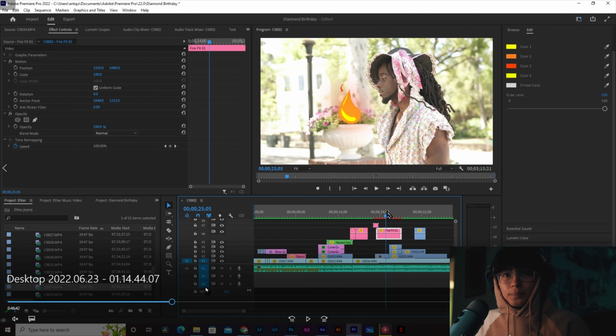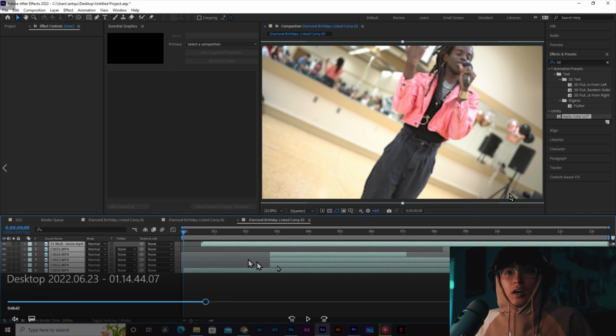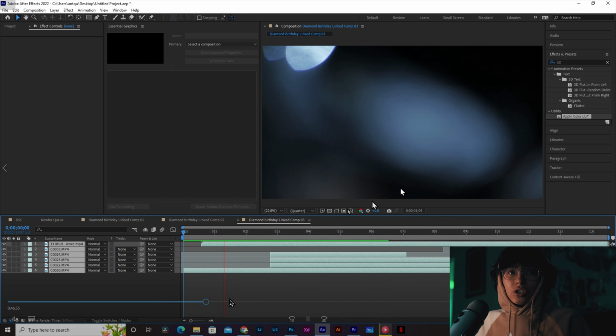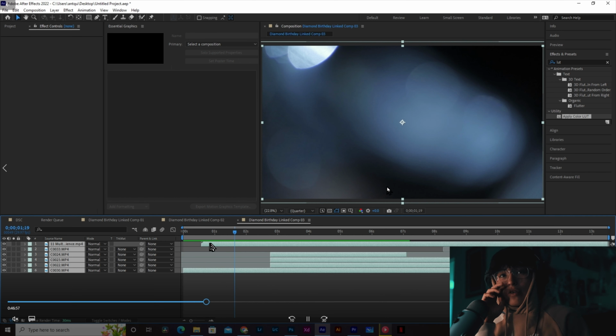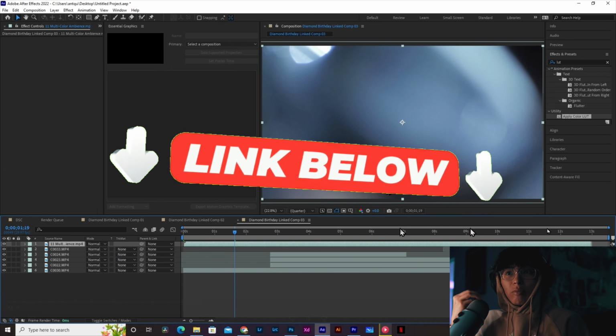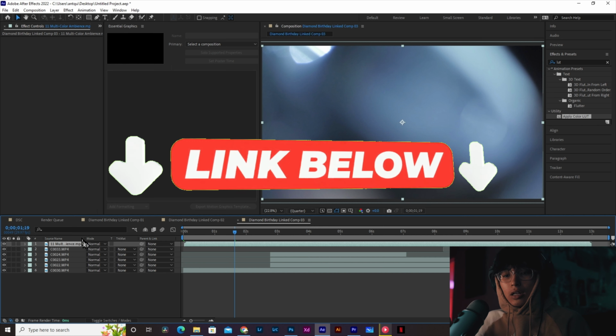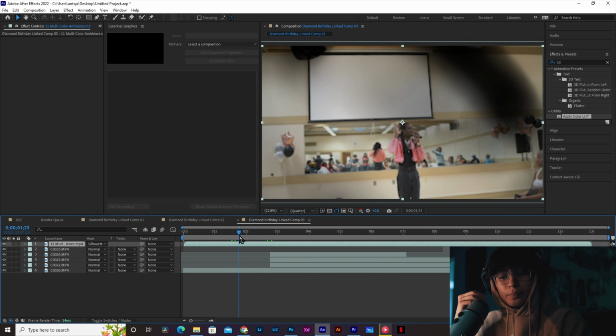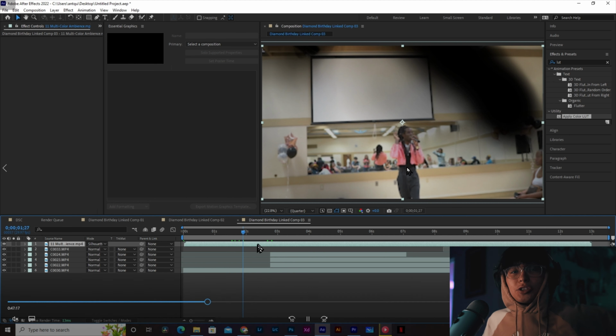For me, I worked with the overlays in Adobe After Effects because I noticed there's a couple of overlays that they didn't have versus the ones in Premiere Pro. I'll show you that with this overlay video that I use on top of my footage. I'll even put a link down in the description below. You can even search up different texturized